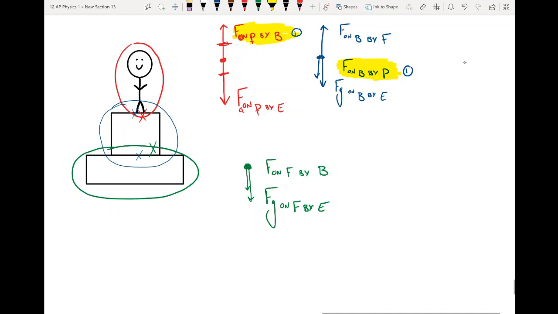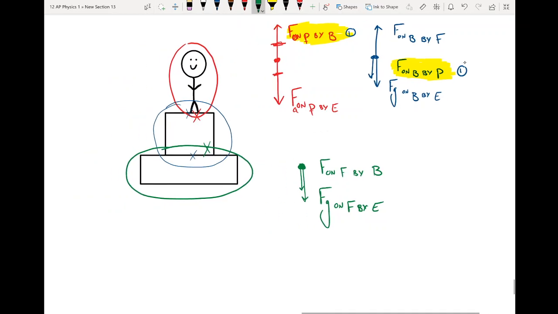And then let's just say, we know that there's this upwards force also, but we don't want to keep on going with it. We don't want to go a bunch of steps further than we have to. So we know that there's this upwards force from whatever the floor is sitting on, like a layer of dirt or something. But we don't want to go any deeper. I don't want to label those. So I'll just say force on floor by ground.